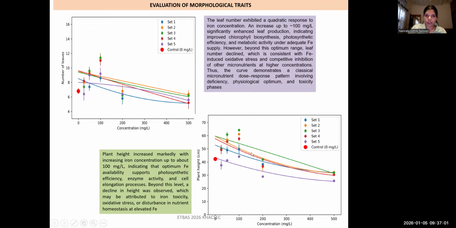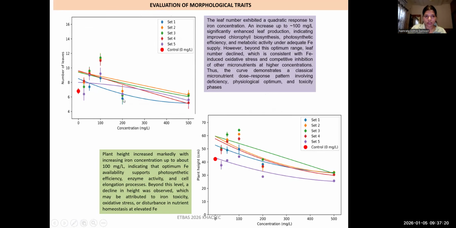The same experiment was performed, and the same data analysis was done for plant height versus concentration. What you can see here is this graph is plotted as a scatter plot. One way ANOVA has been performed and Tukey HSD test has been performed. And this graph is plotted in second order, because as we know, the plant will not always show a linear graph. It is going to show a peak